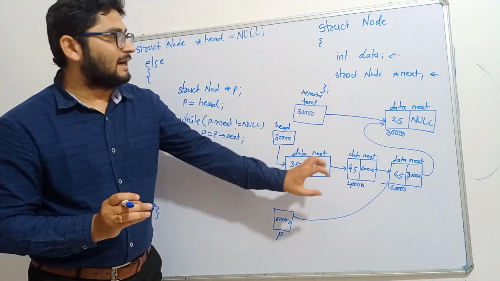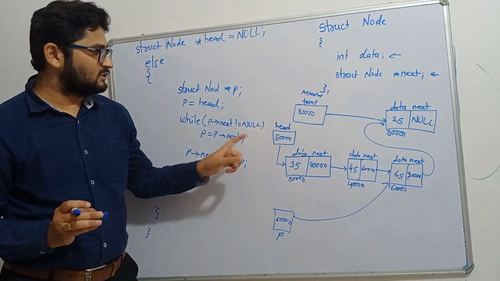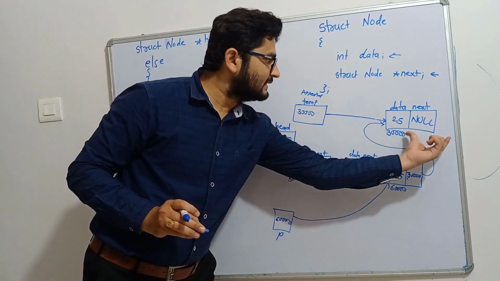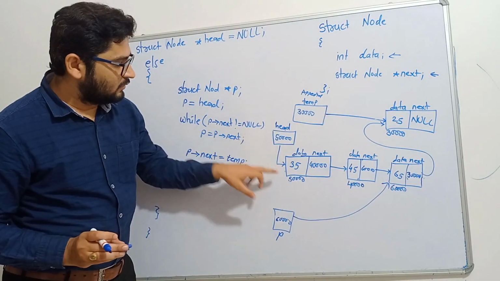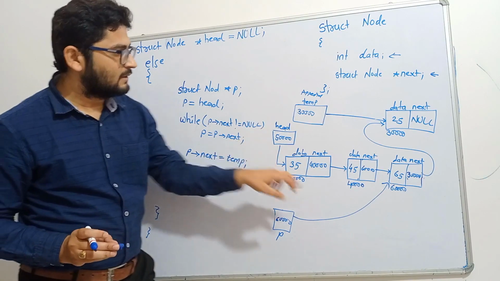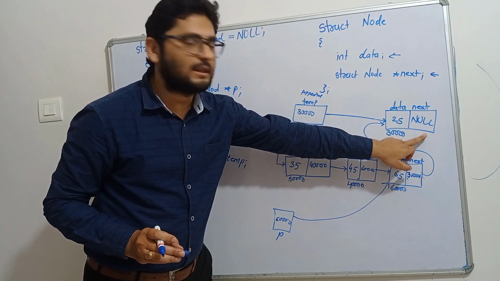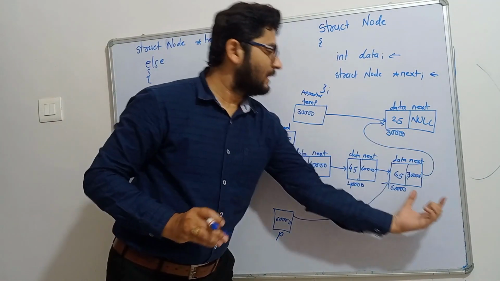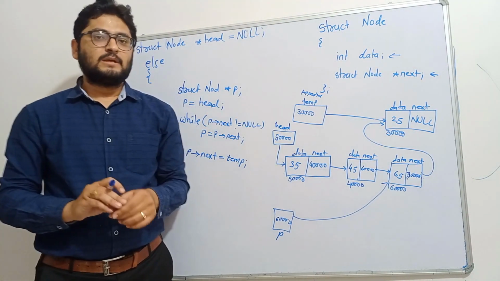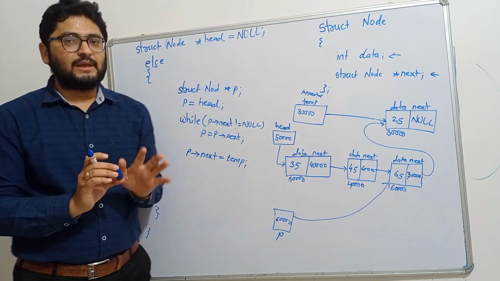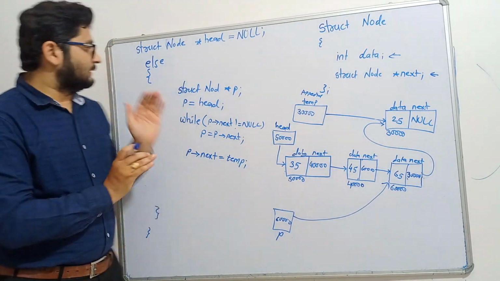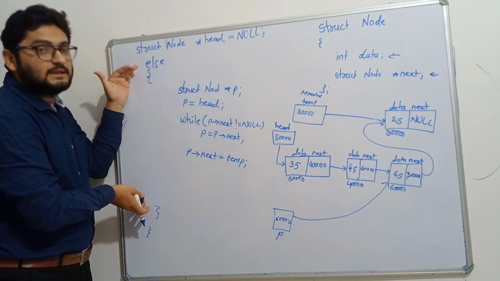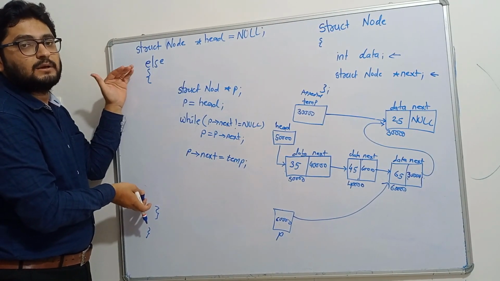And now you can see that this node has become the last node of this linked list. So this is the final linked list after adding this node at the end. This is the first node which is pointed by head, and this is the node with next equal to null. That means it is the last node. So we have successfully inserted the new node at the end of the linked list. In this way the append function can be written. Half of the append function I have already explained with the if part, and this is the else part of that particular append function.